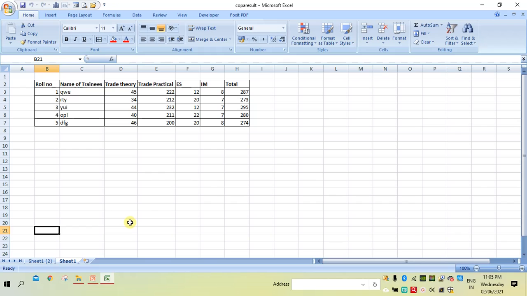How to rename the sheet names? By default, names for the sheets are sheet 1, sheet 2, sheet 3, and so on.